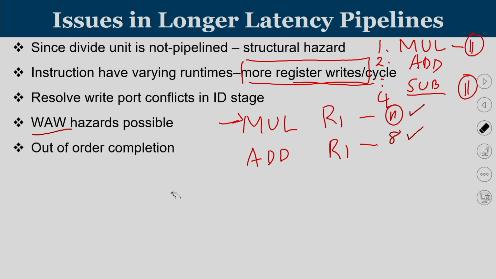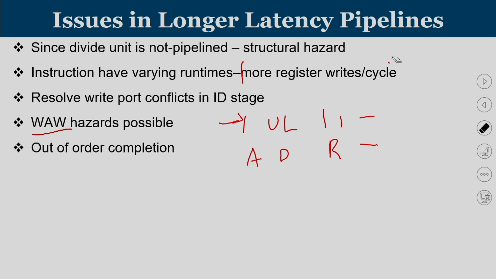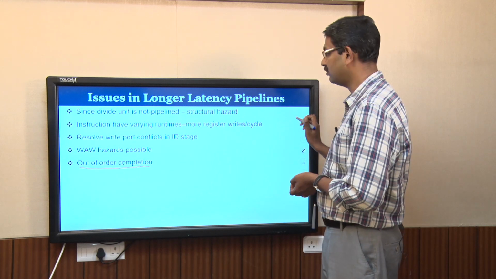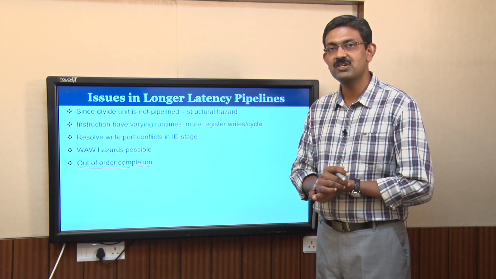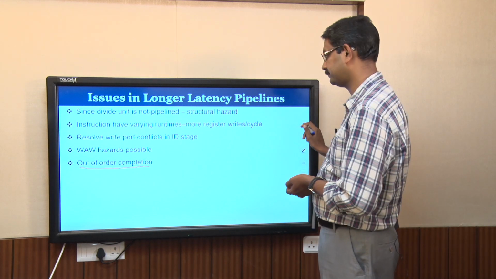Now, the next topic is out of order completion. Out of order completion means even though I issue instructions in order, since they are taking variable latencies, certain instructions will complete out of order. This also creates a few issues, as we have to manage memory and register consistency. So, we fetch instructions in order, we issue or decode instructions in order, we execute instructions out of order, and that results in out of order completion.